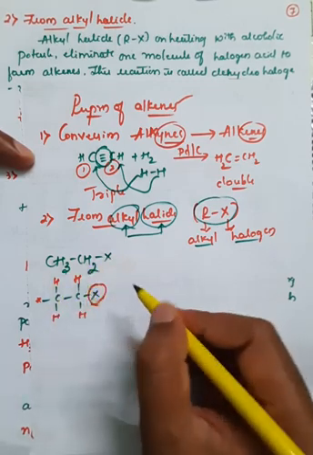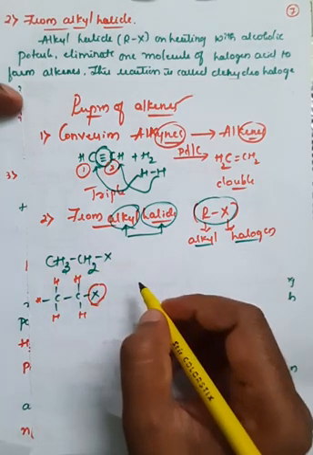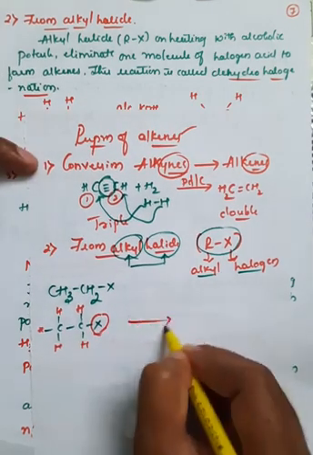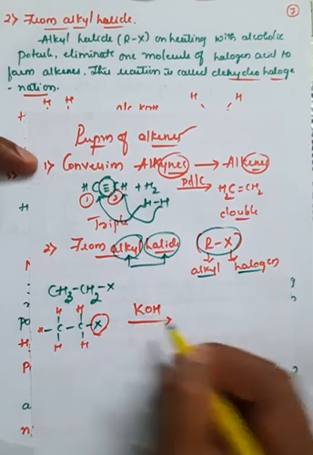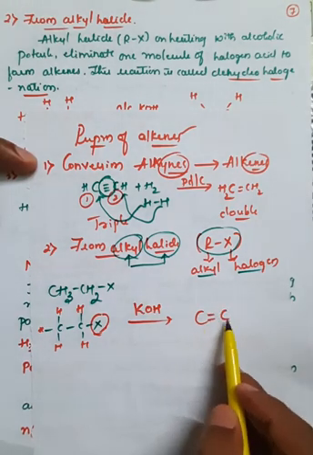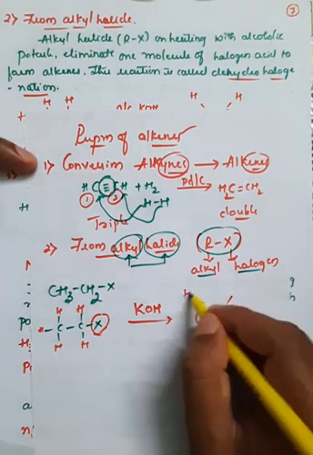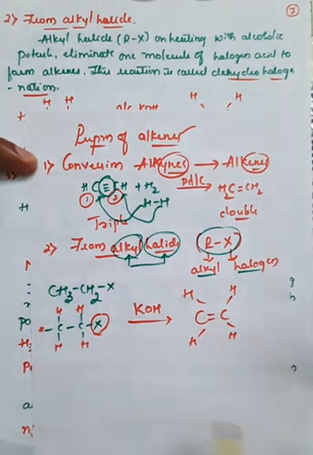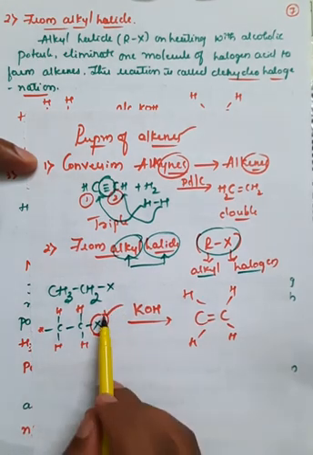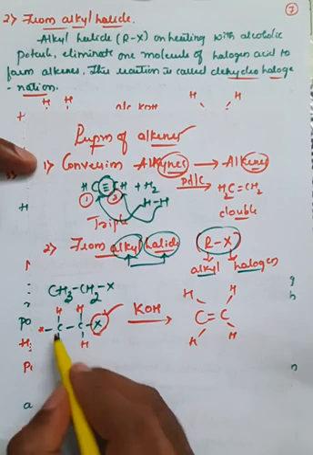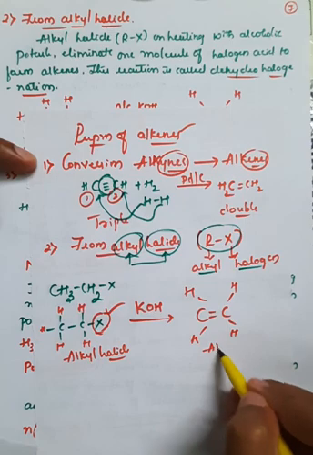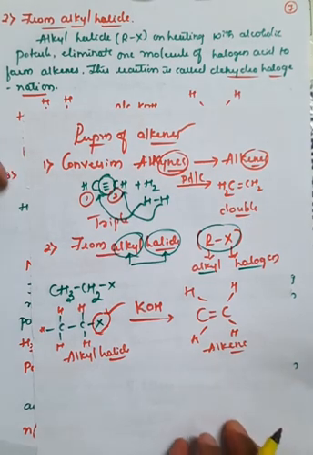So both are the same. Here, in case of this alkyl halide, what happens? In presence of alcoholic KOH, that is potassium hydroxide, a carbon-carbon double bond is formed, and further it is bonded with 4 hydrogen atoms. This process is done by the removal of the halogen atom. By the removal of the halogen atom, we can convert alkyl halide into alkene. So this is the second method for the preparation of alkene.